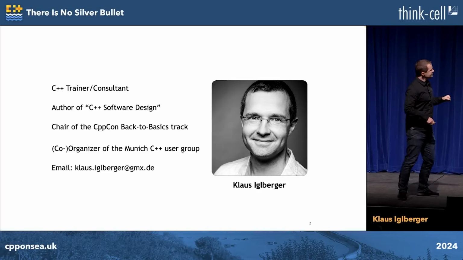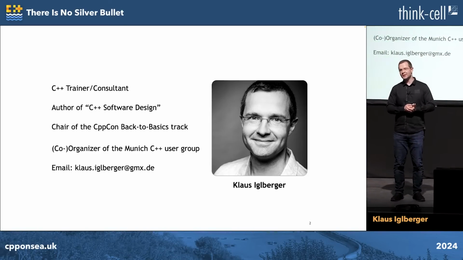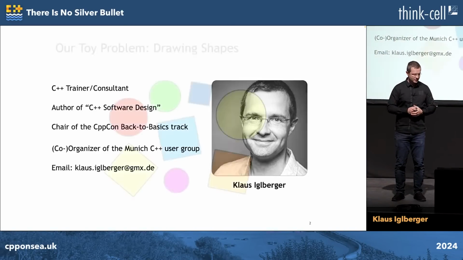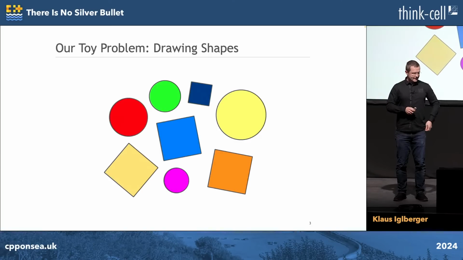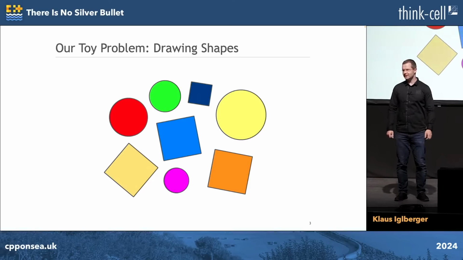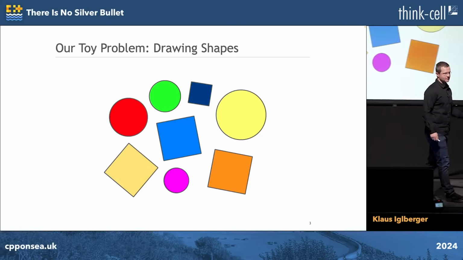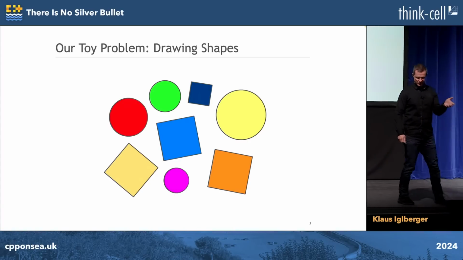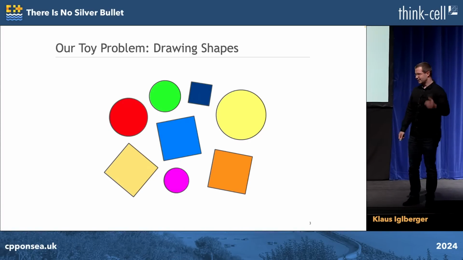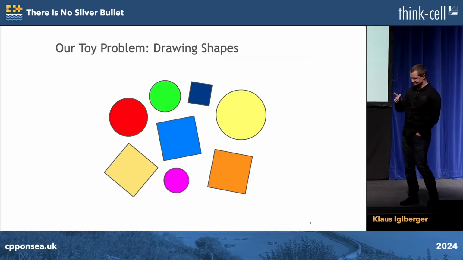So, in order to get in there, let's just start with my toy example. I know, the same example I've used for a couple of years by now. You're going to draw a couple of shapes. And I know, at this point, the first couple of people complain, Klaus, please select another example. I will probably, eventually. But I'm after a simple example. So simple that nobody really has to think about the example itself. That should be self-explanatory. But I'm going to throw in a couple of requirements.